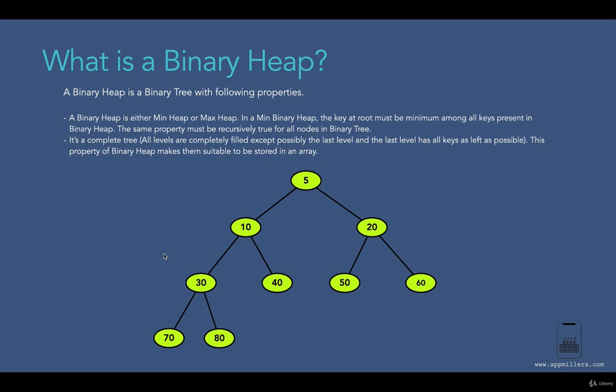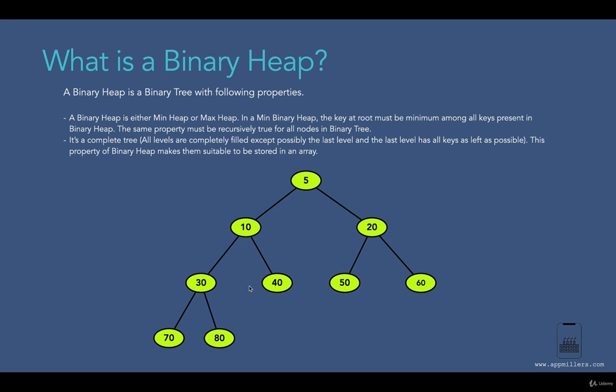So here we have learned that a binary heap is a binary tree which carries the property of binary tree that each node has at most 2 children. And apart from that, there is one more property which says that the value of a given node must be less than the value of its children. In this case it's called minimum heap. In the case where the root is greater than its children values, it's called maximum heap.